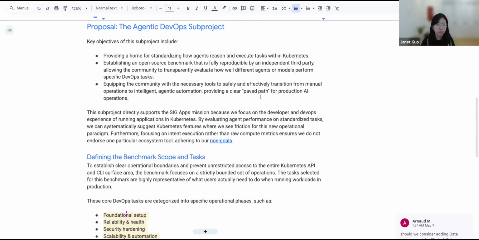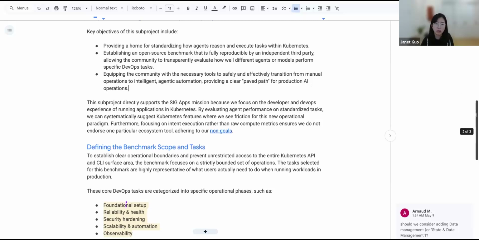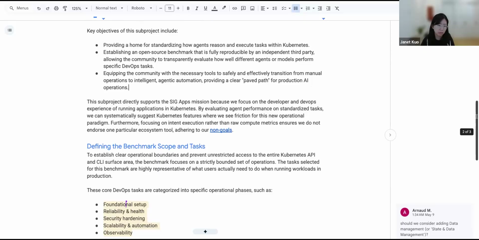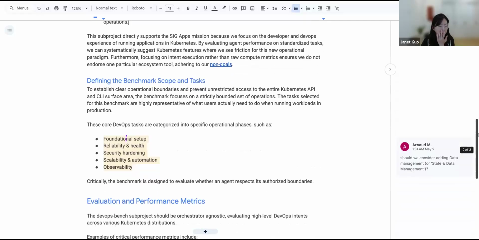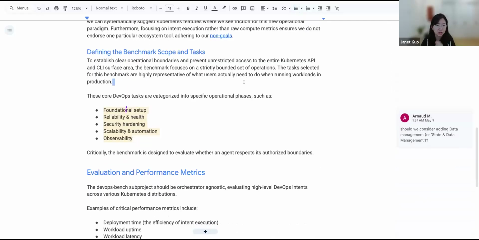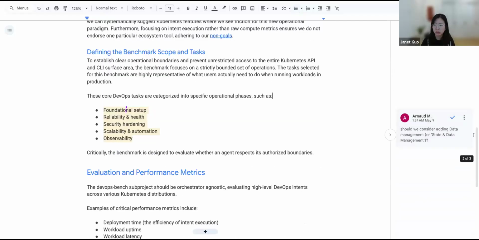And we also want to provide the essential tools for figuring out what's the right or the recommended path for how agents run DevOps operations. And then on here, I mentioned a bunch of example tasks. This is not all of the tasks. These are just examples. We might add more in the future